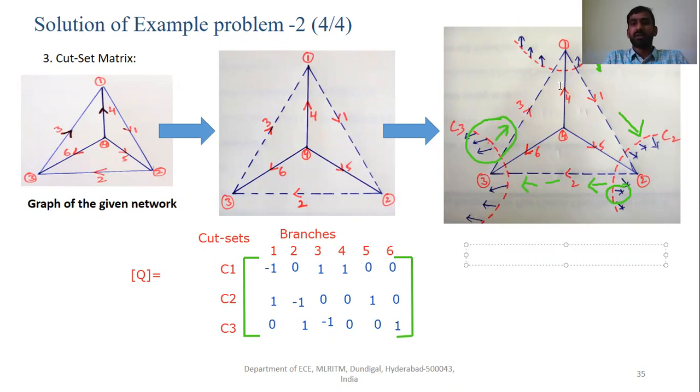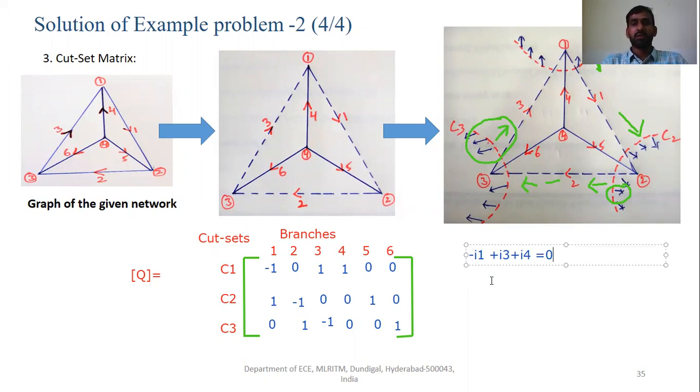So with respect to cut set C1, what can we write? What are the elements we got? Minus I1 plus I3 plus I4 is equal to 0, because the algebraic sum of the currents entering and leaving is equal to 0.